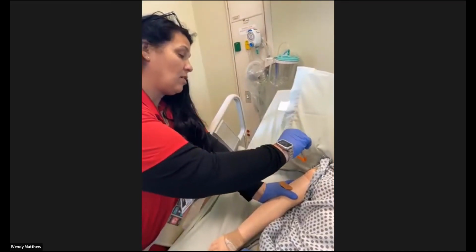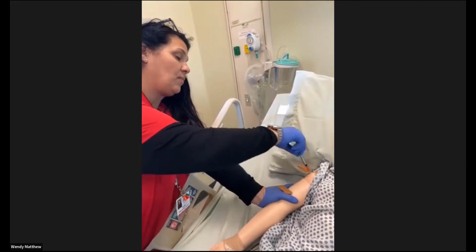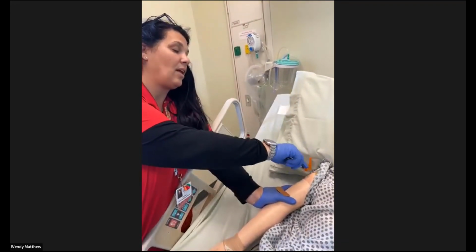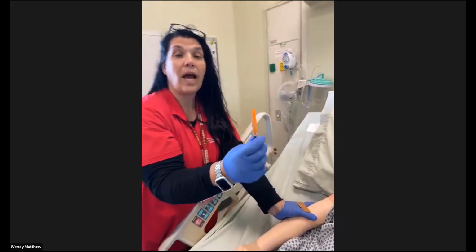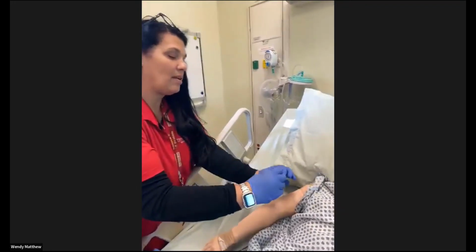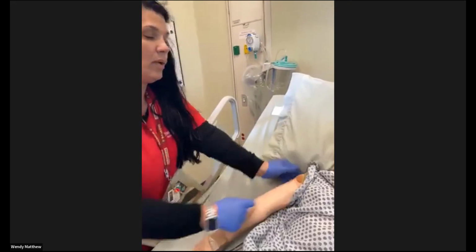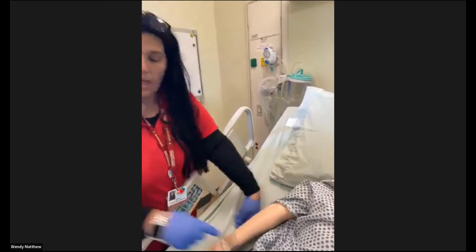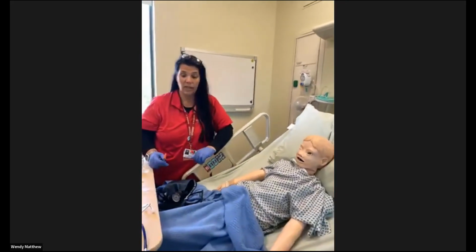So into his arm I go. I'm gonna push the medicine in. And as I'm taking this needle out, I put this lid on the top of it so that I can't get stuck. I'm then gonna put a Band-Aid right on Johnny's arm so that Johnny knew where he had got his shot. And then I'm gonna go and make sure that Johnny's mom knows that he's all ready to go